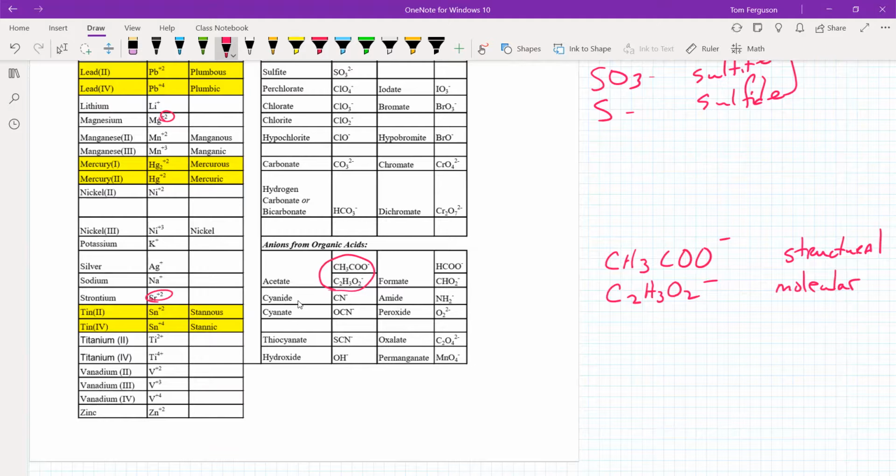So when you're drawing Lewis structures, you don't really know where it's going. If you're drawing a Lewis structure of the structural one, you would know that the oxygens are attached to the carbon, and these 3 hydrogens are attached to that carbon. But bottom line, they're both the -1 anion. They're both called acetate. Similarly here,